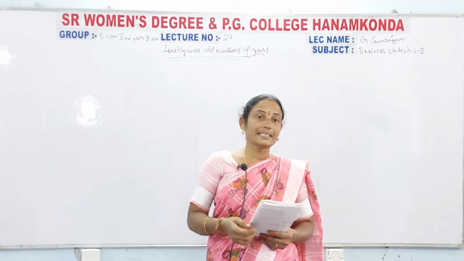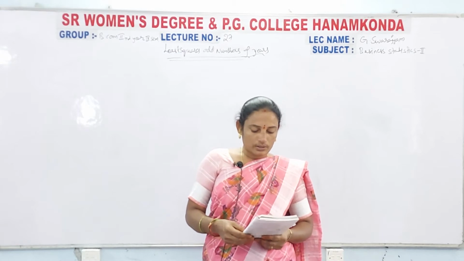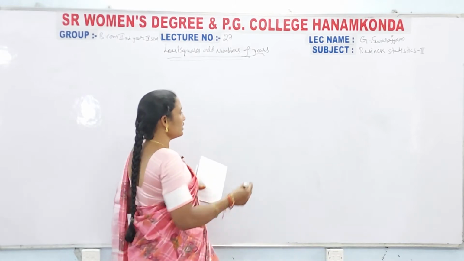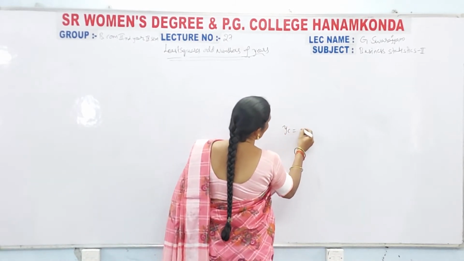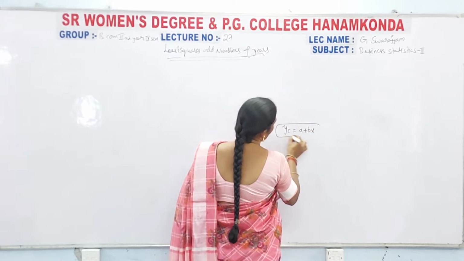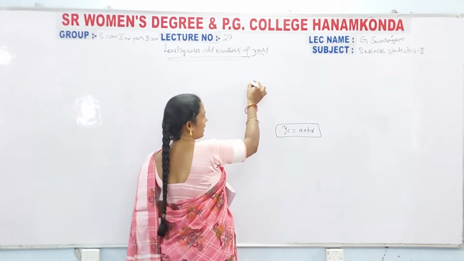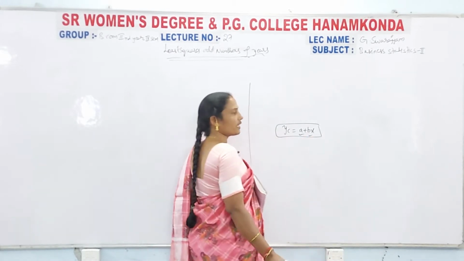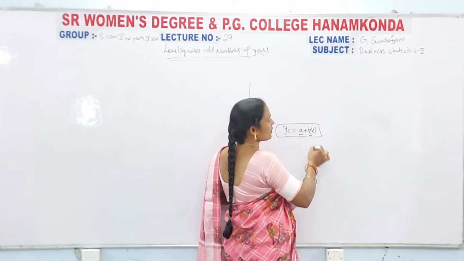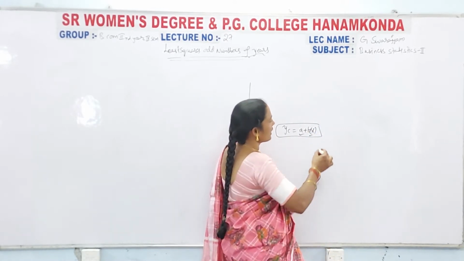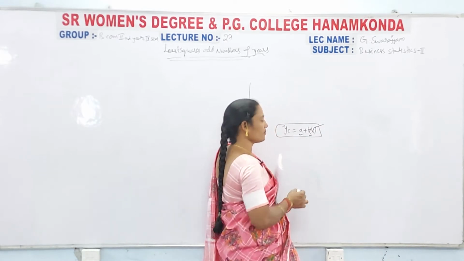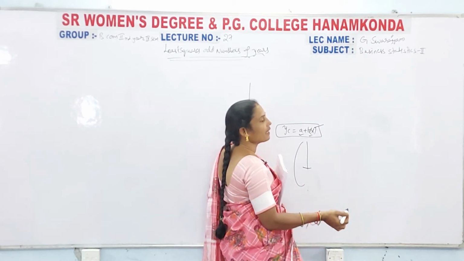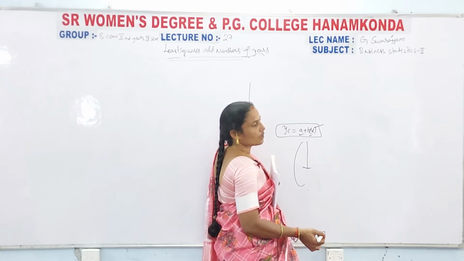How to calculate the least squares method: we have a formula here. In the least squares method, YC is equal to A plus BX. From the given values of the years, we have to find the A value and the B value. Then X is equal to the number of years, the estimation year. Total 5 years are given. In the future, for the 6th year or 7th year, we have to calculate the trend value.